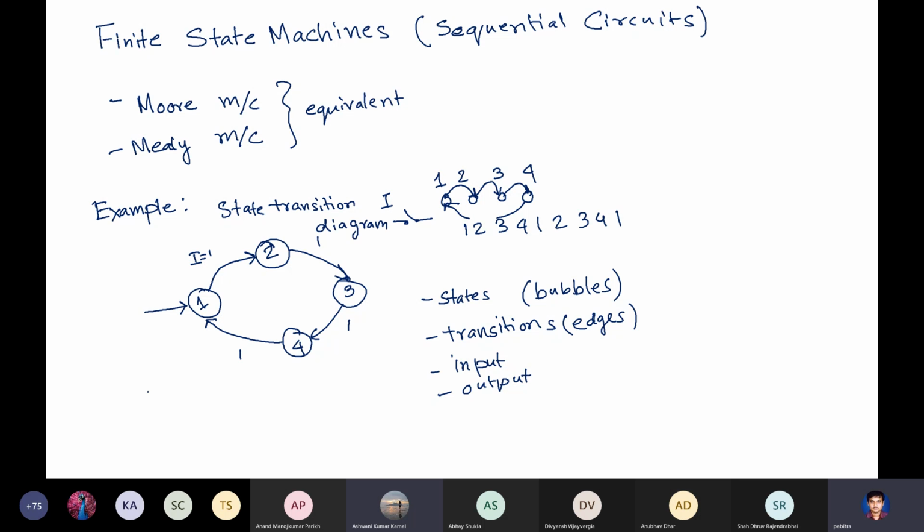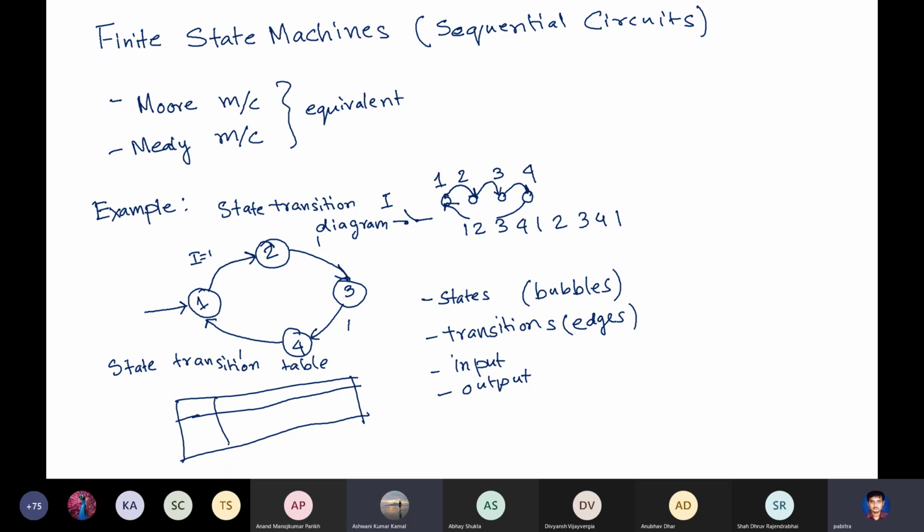You can probably also represent this as a state transition table, where you will have something like this. I'm drawing it very badly. You have the present state, you have the new state, and then you have the output,